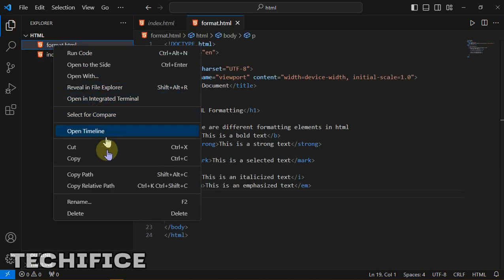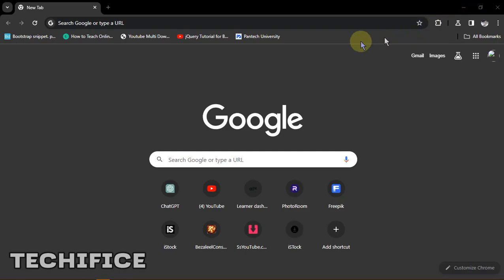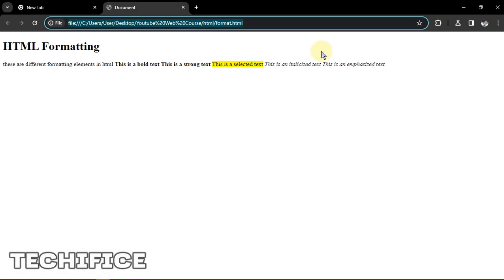Run this. Yeah, we can see how it looks like. This is a bold text, this is a strong text. They both look alike, they look the same way. There's literally no difference except for accessibility. And then this is selected text, shows this highlight under it. This is an italicized text, this is emphasized text. So these two appear in the same way,